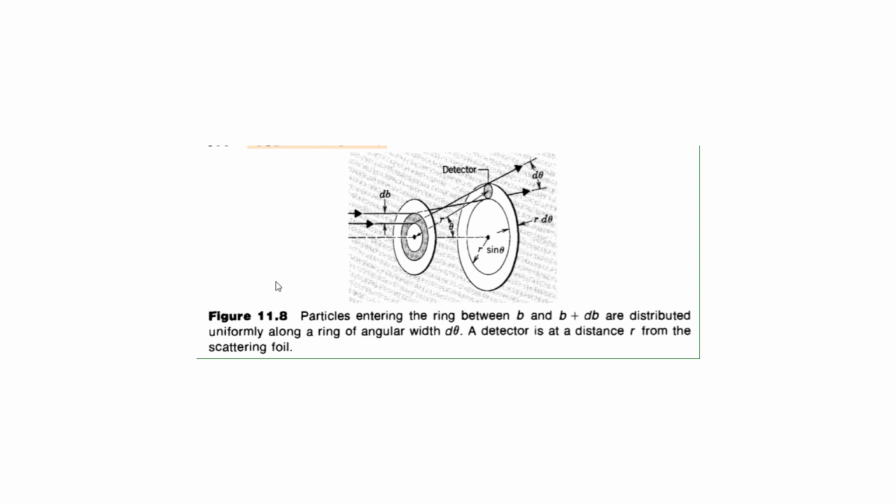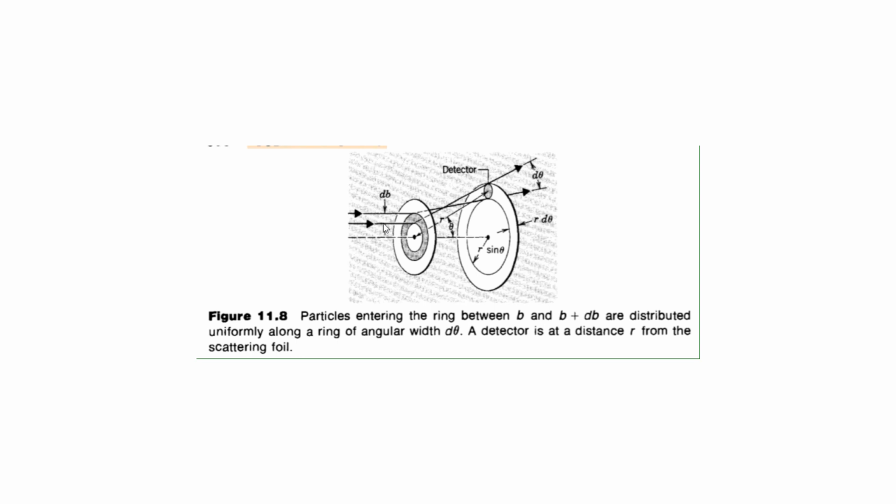Now, if we consider the scattering process, we can see that it has a cylindrical symmetry about the beam axis. So, you can just imagine a beam of particles coming in, and this is where your target nucleus is. In the beam of particles, some may come head on to the nucleus, some may be at a distance of b, some may be at a distance of say b plus db. And some may be at far off distances where they are not affected by nuclear forces. We are not interested in that distance.